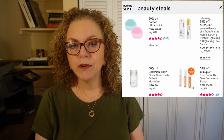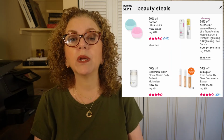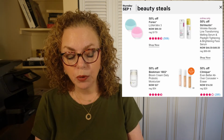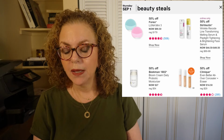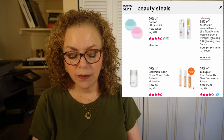Now, on September 1st, there is something that I'm very interested in, and you may want to look into also. It's the Beekman 1801 Bloom Cream Daily Probiotic Moisturizer, and it's on sale for $27. I'm always in the market for a very good moisturizer, and this one I've looked into in a lot of detail. I am very much an ingredient nerd, and I check out all of the ingredients for products that I